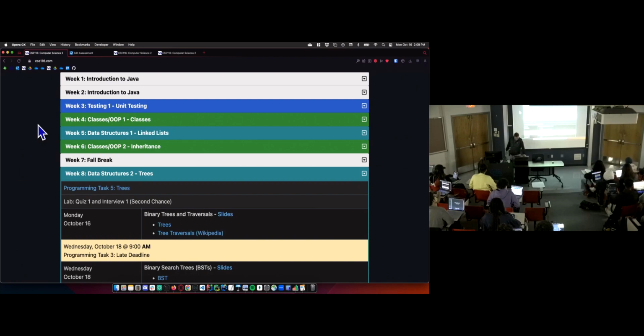Will the quiz questions be easier compared to the first time or difficult? They won't be easier. They won't be more difficult either. It's always up for debate, I guess. Everybody's going to think something different on this, but there's no intentional increase or decrease in difficulty from the first to second chance. I want the difficulty to be at the level where we're assessing whether you understand the concepts or not, and that's it. There's no reason to go above or below that.